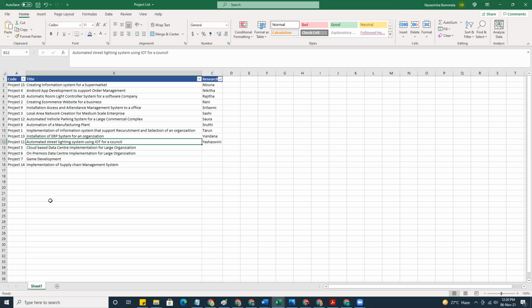Okay, so now the automated system that we implement for each light will be sensing whether daylight is available or not. When the daylight is on, when the light percentage in the environment is high, it automatically turns off the street light. And when the light percentage is low, it turns on the light.